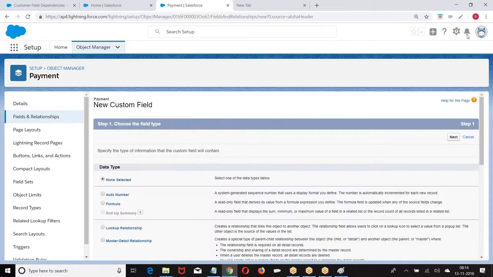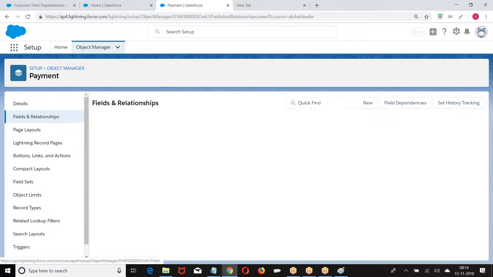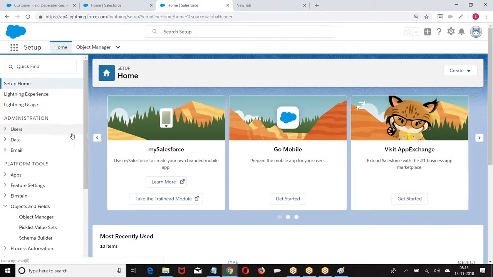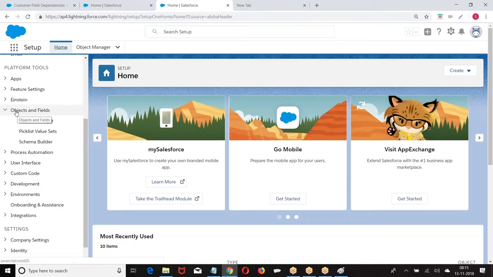Once again we'll use the navigation. Setup, platform tools, objects and fields, object manager.